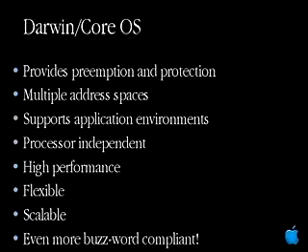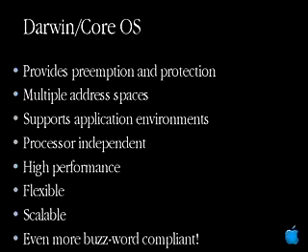It's also high performance. That's the marketing term. They insisted I put that in there, but it really is important that we consider performance a very key part of the OS, and we'll talk a bit more about how we support that in the system. Flexibility is also key. Because we support multiple application environments, we deal with things such as processor independence and an unknown quantity of new hardware that comes into play. Flexibility as part of the architecture is critical. And you'll find in a number of the subsystems that it plays a very key role in how we've approached certain problems. And of course, scalable.